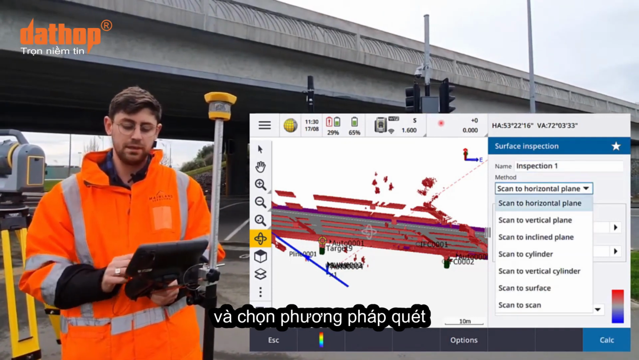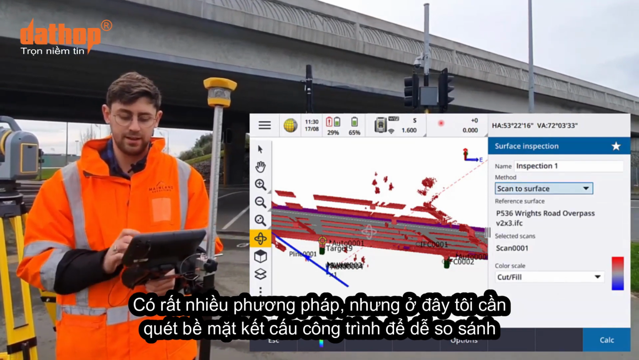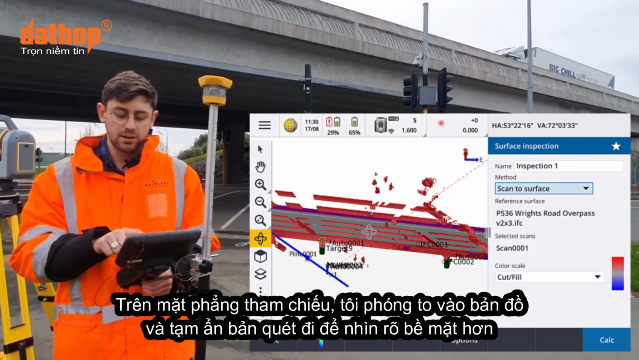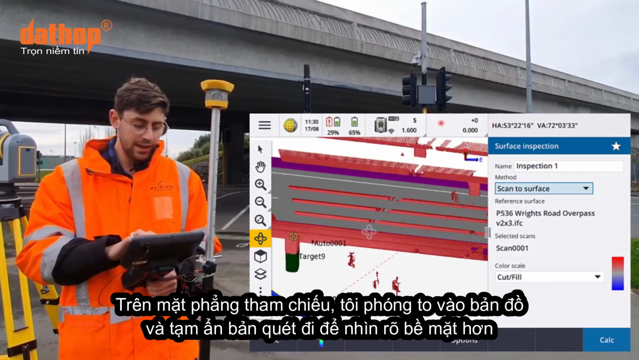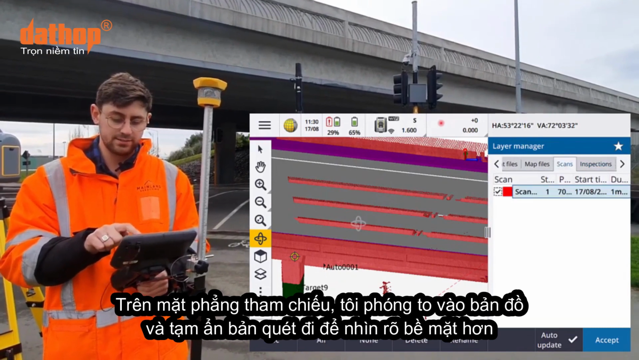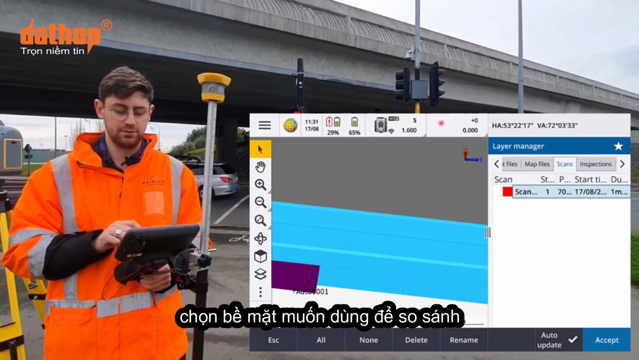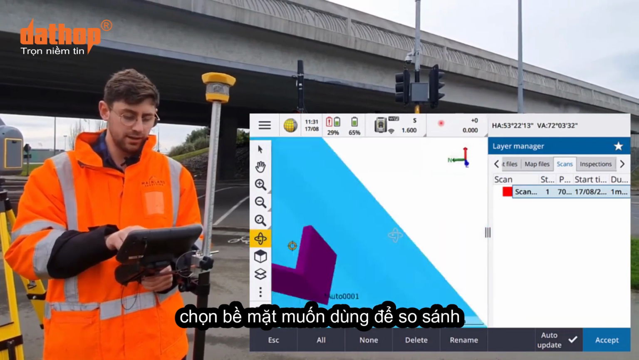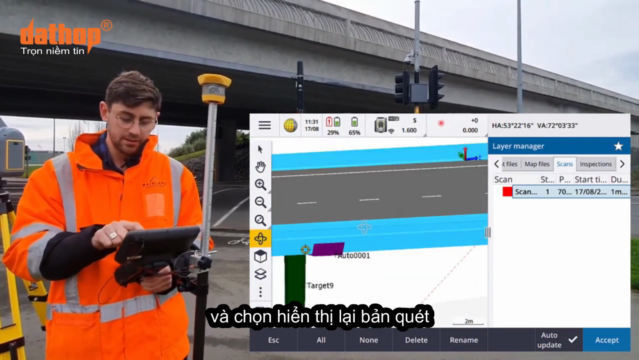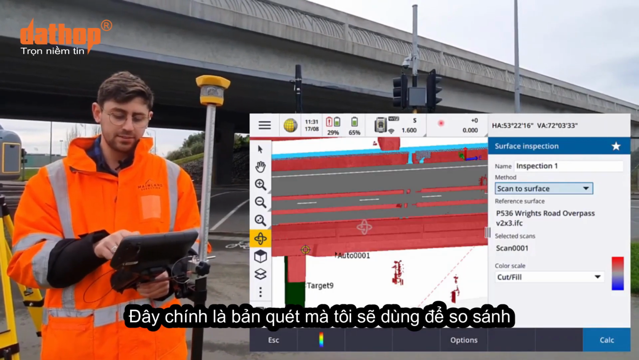And we're going to choose what method. Now there's a number of methods, but we want to choose the scan to surface comparison. So the reference surface, we have to now zoom into the map. I'm going to turn off my scan so I can see the surface a bit better. And I'm going to select that surface that I want to use in my comparison. Now I'm going to turn my scan back on, and you can see that's the scan we're going to use